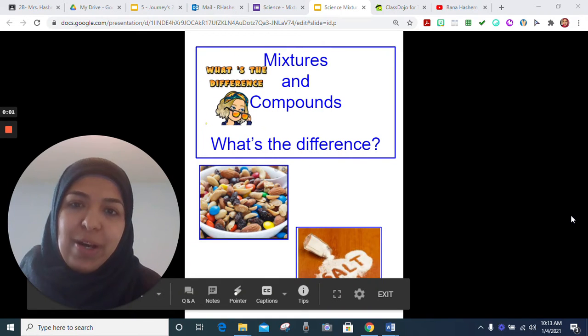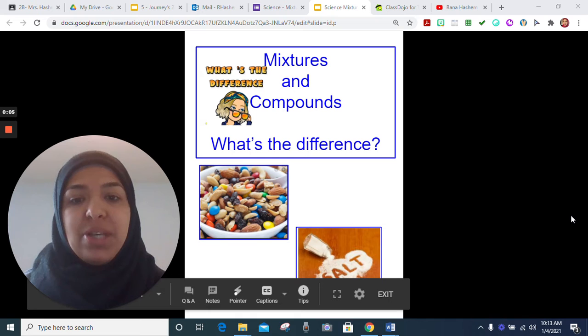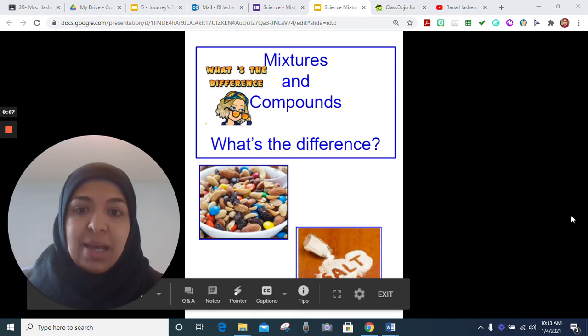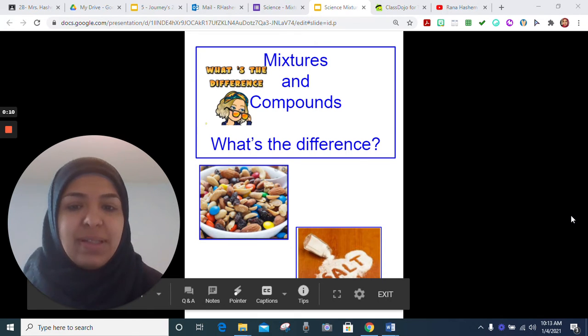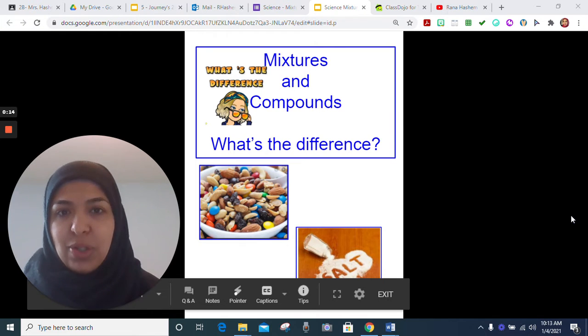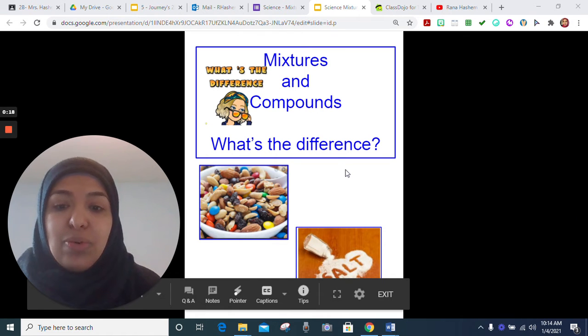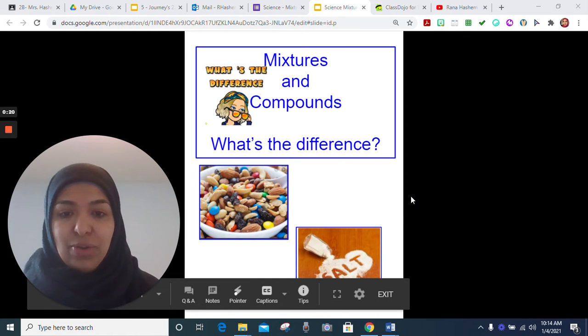Good morning, everyone. Our science lesson today is talking about mixtures and compounds. So, what's the difference? Or what does even mixture mean? And what is a compound? We are going to learn together through these slides. So, just looking at the slides over here,